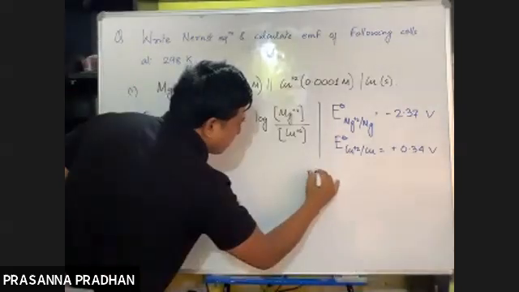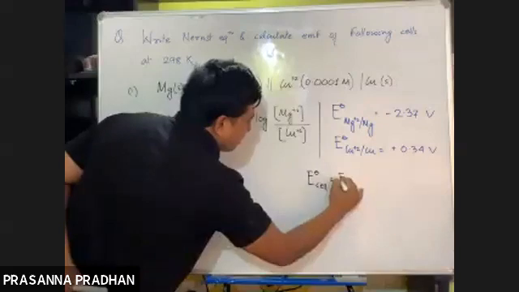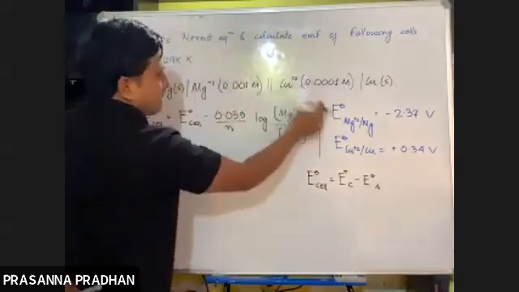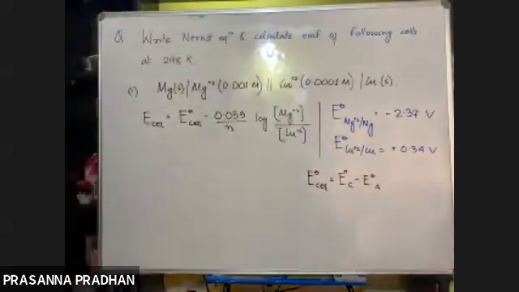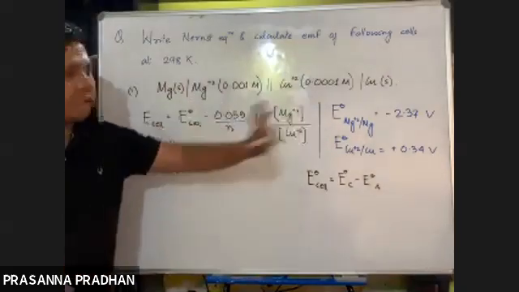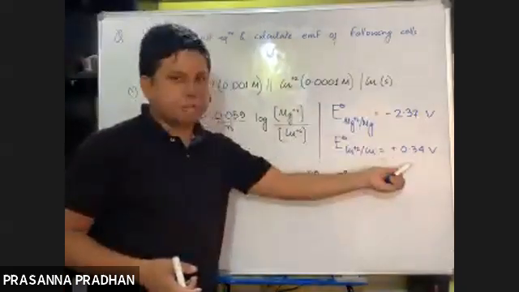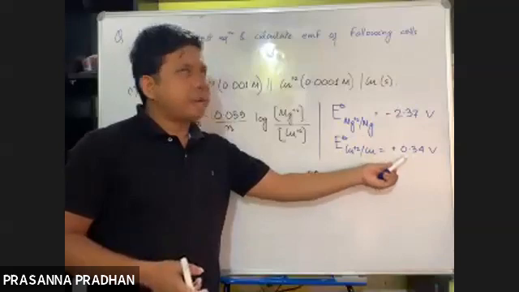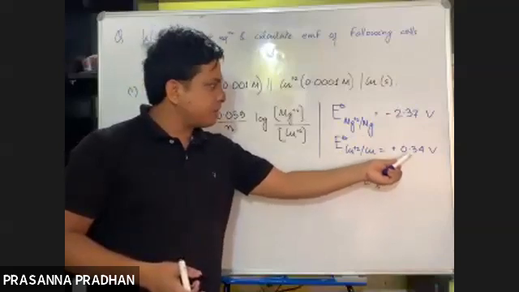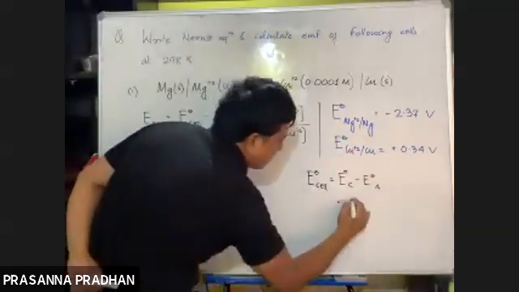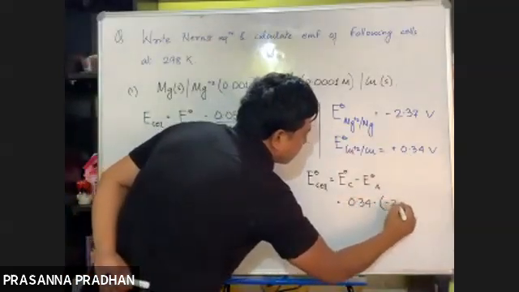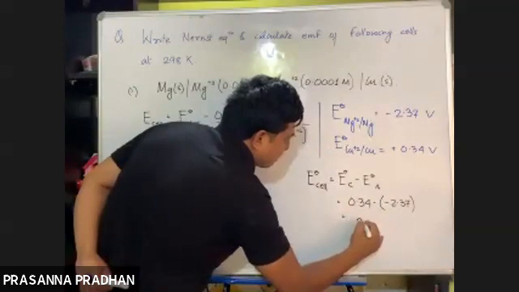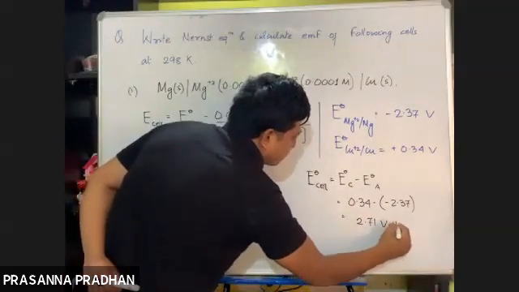Now, how do you calculate E naught cell? The formula is E naught cell equals E naught cathode minus E naught anode. So what is the cathode? On the right hand side, copper dipositive acts as the cathode. What is the anode? On the left hand side, magnesium acts as the anode. Or even if you compare the values, which one has a higher reduction potential value? Copper. The one which has a higher reduction potential means reduction occurs here. Reduction occurs at the cathode. So 0.34 minus of minus 2.37 will be 2.71 volt, I suppose. So minus will be plus.